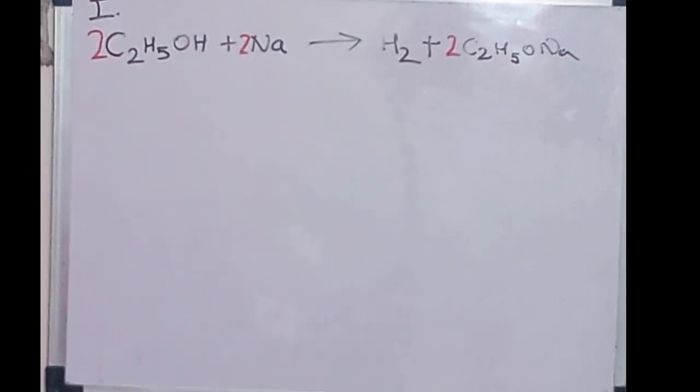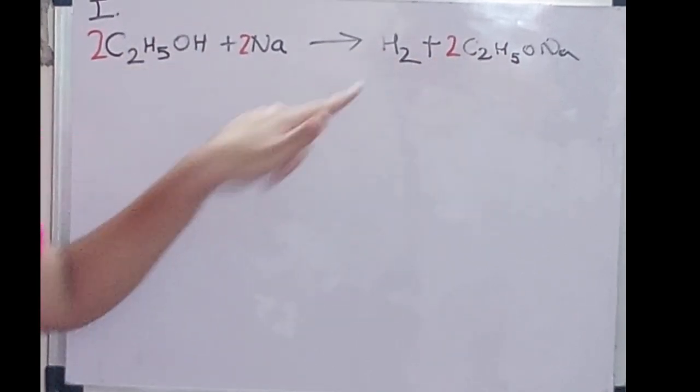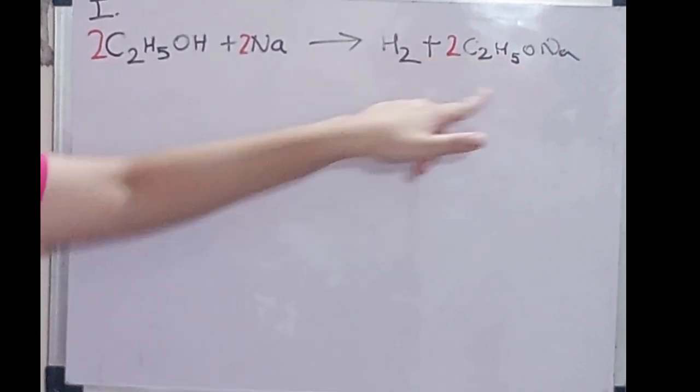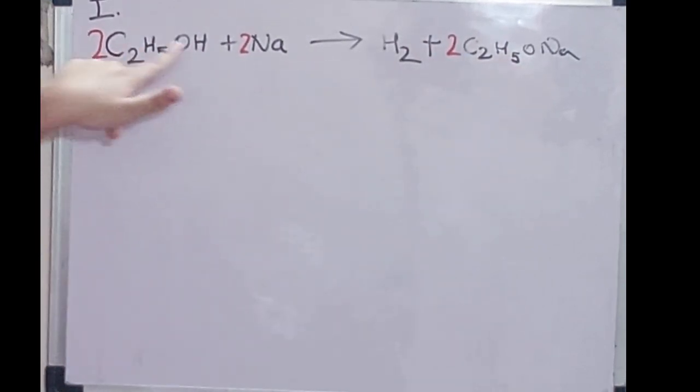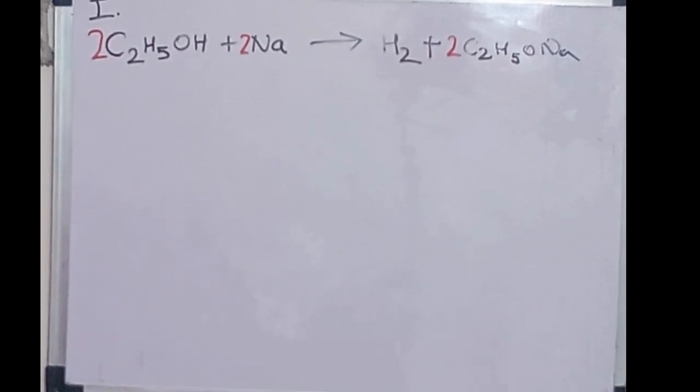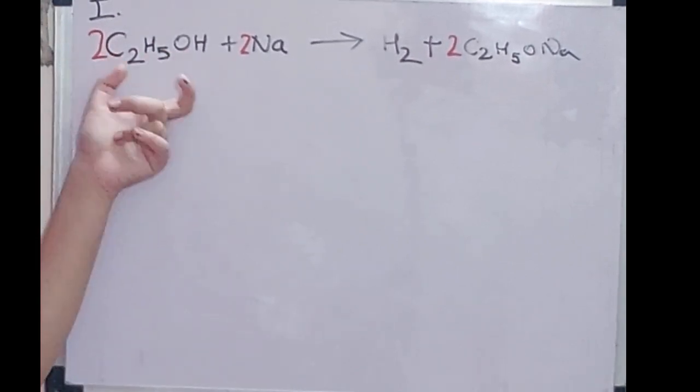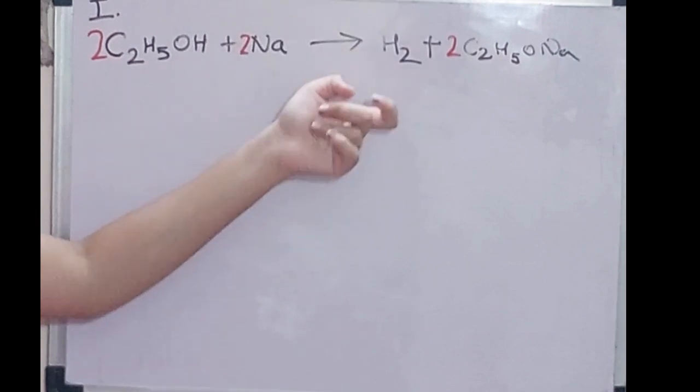So this is how it looks. Okay, so 2 2 is 4, 2 2 is 4, 2 5 is 10, 2 5 is 10, 2 2 2. Okay, so this is the first reaction in which alcohol reacts with a metal to give hydrogen